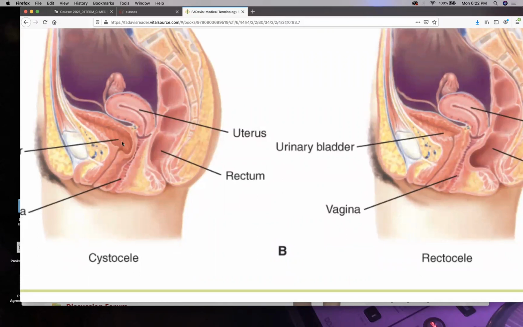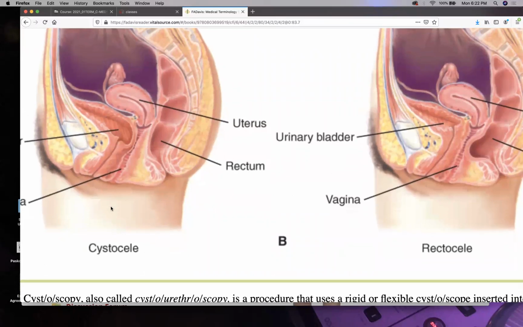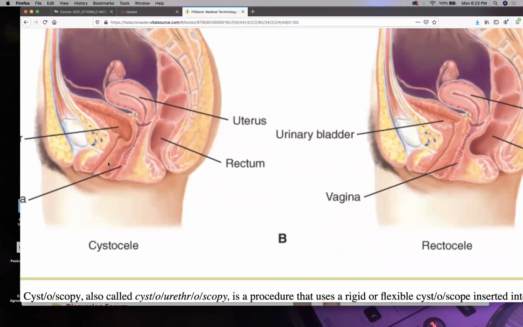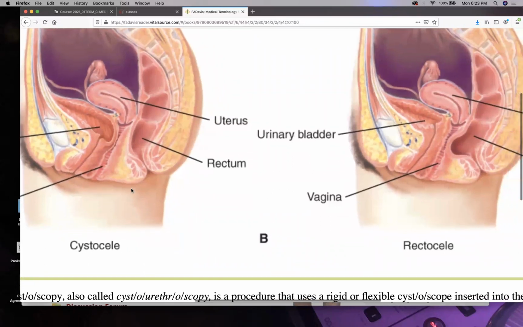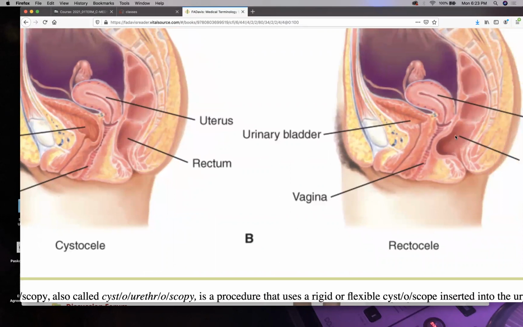The urinary bladder will start, see how it's sinking and then sagging into the vaginal canal. And it could cause pain, discomfort, and an increased chance of urinary tract infections. And you could see the rectocele as well. Now, when it gets really bad, you could also have,